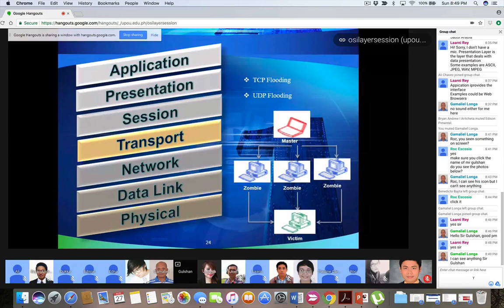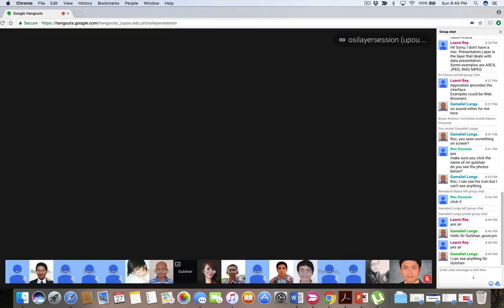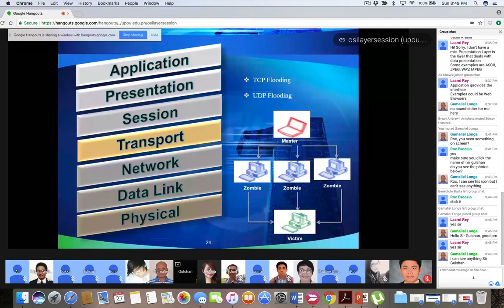What other kind of things do they do? They create the zombies. If they hack any one of the machines, what they will do is create the zombie. Once they install something on your machine, then your machine can be used anytime, whenever they want. So they create the zombies and then ask these zombies to hack or attack one machine. And these zombie networks are out there in the darknet for sale.